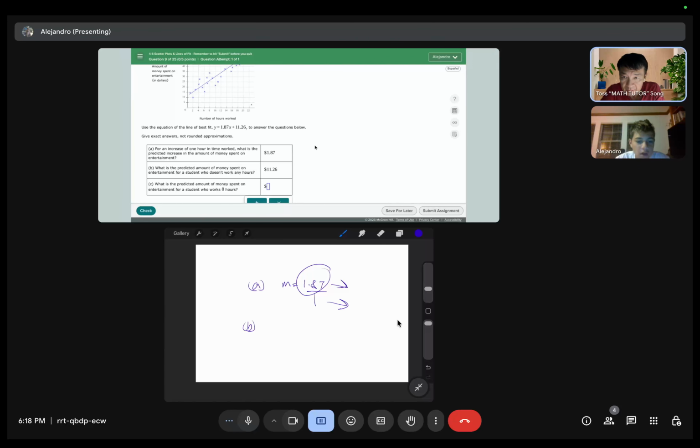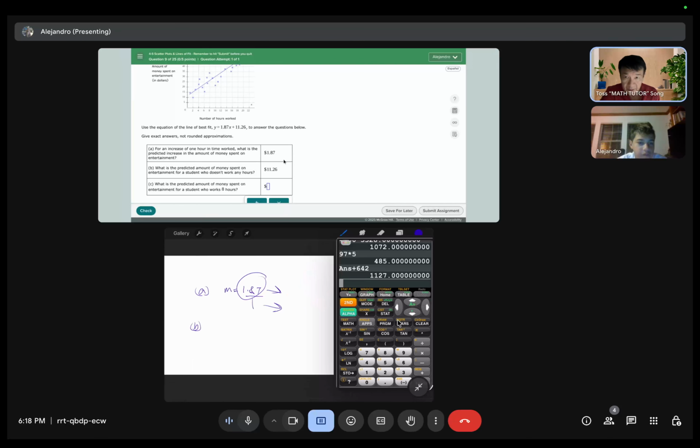Okay, there you go. Now I think we're going to use a calculator here. So I'll show you the work. It says predicted amount when a student works 8 hours. So here we go. Let me put it in the calculator. Imagine you doing this, but you can watch me do it. So I'm going to do 1.87 times, I'll parenthesize it, times 8. So 8 is the x. X is the hours. So it's 8 hours plus